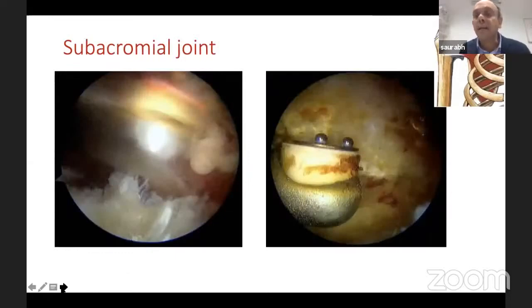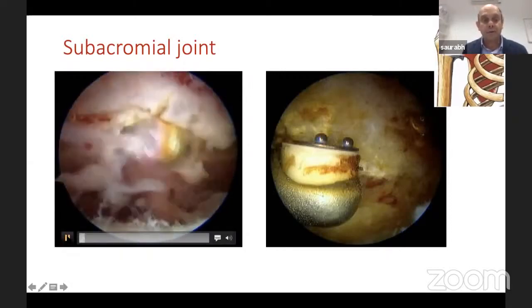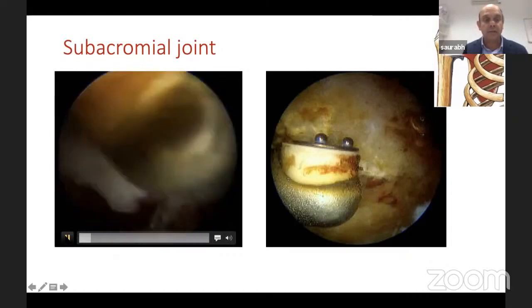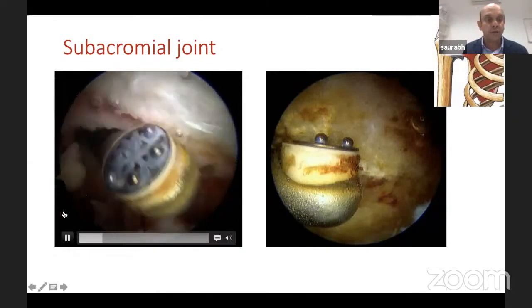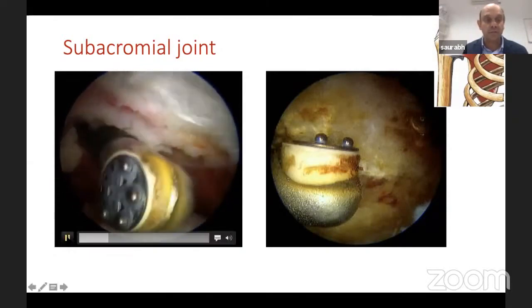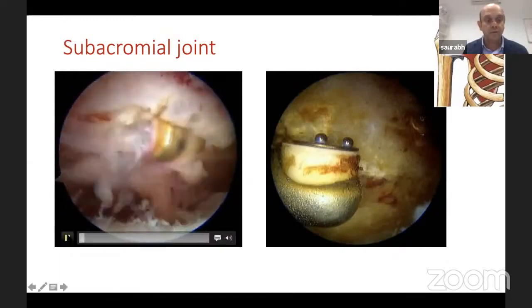So once we've done the glenohumeral joint, now we need to see the subacromial space. So remember our first portal, posterior portal, that's a viewing portal. And then we need to go laterally with our shavers. So once we've established the portals, let's see. So I've established the portal. This is my subacromial space. So with your soft tissue shavers, followed by your diathermy, you need to shave off all the bursa and all the tissues, inflamed tissues.